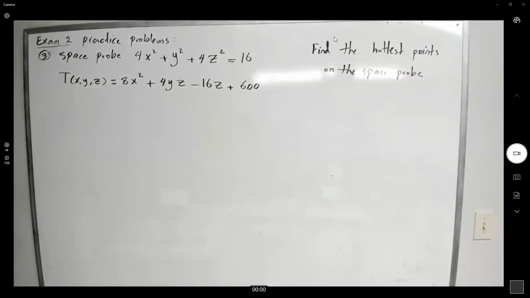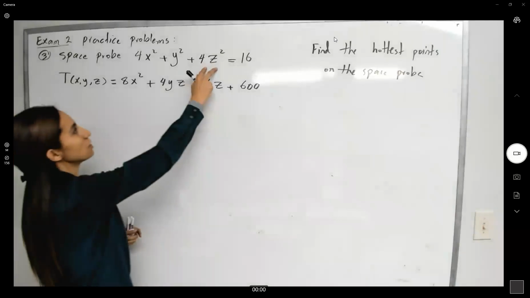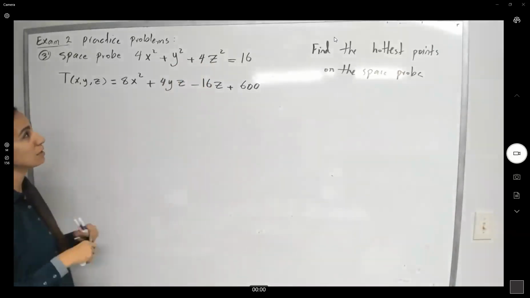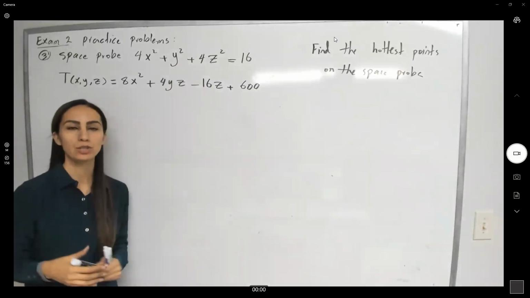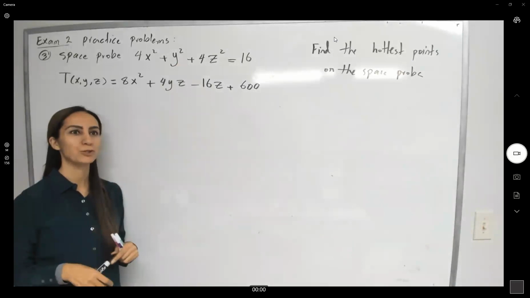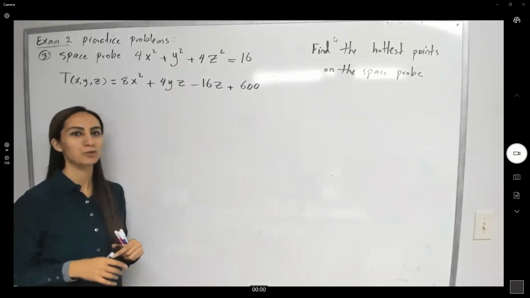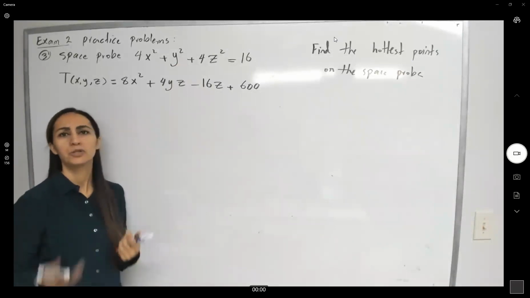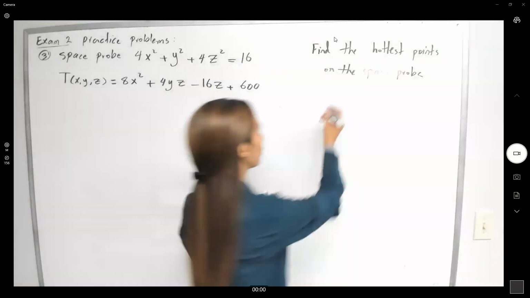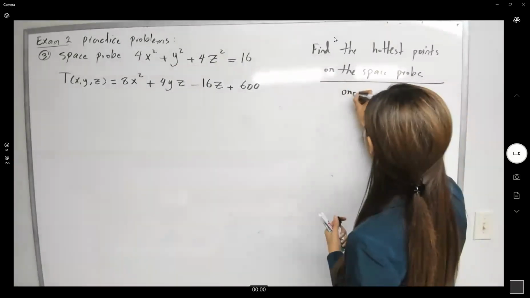So let's see what we have here. If you just write z in terms of x and y and substitute that here, again, you end up with a function in 2 variables. Then you can go back to the Hessian matrix and use the determinant to find the discriminant and use that method as well. So one method